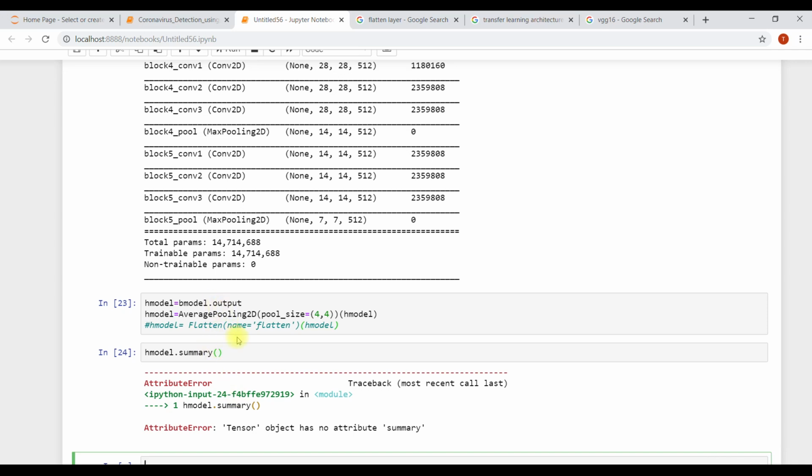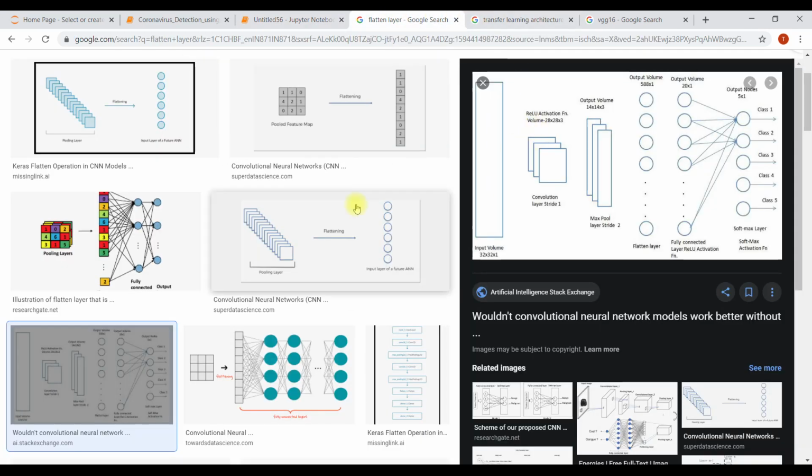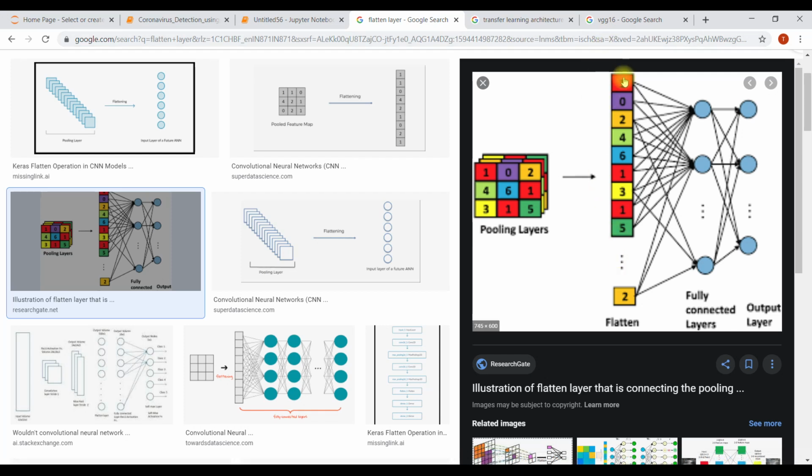Why? We need to add more. What happens is it just flattens your layers: these are the pooling layers, and these are the flatten layers. You have all the layers and it just flattens them.